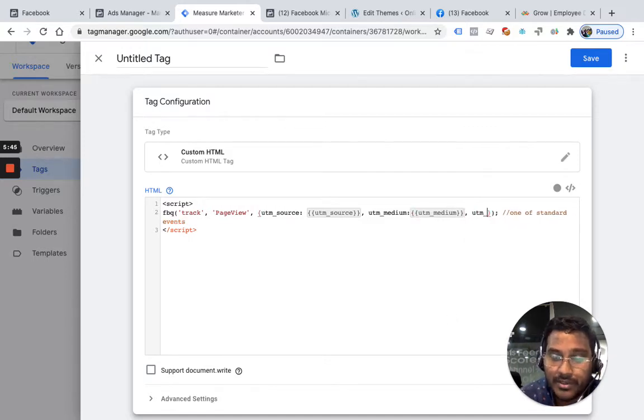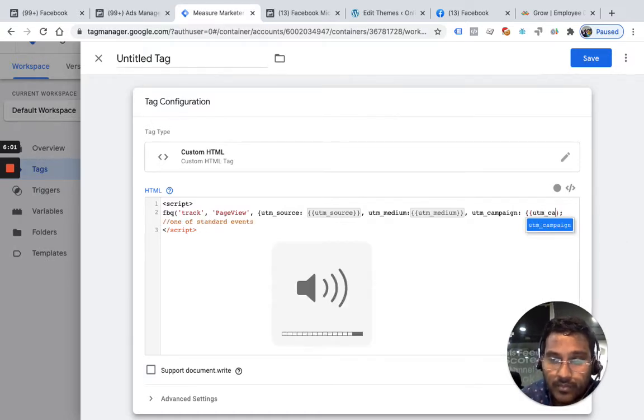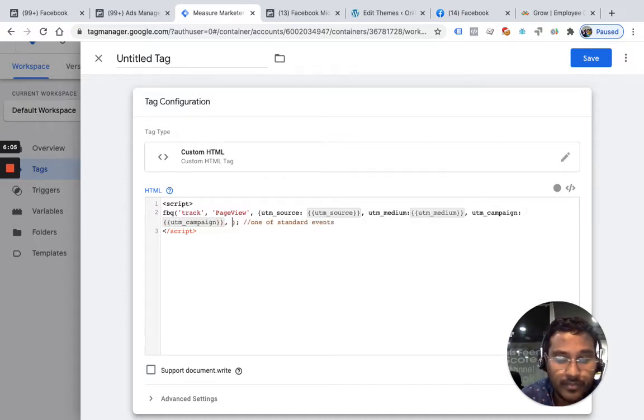Then I will put some other information called UTM underscore campaign. What value I'm going to put here? UTM underscore campaign. Then UTM underscore term I'm going to put.